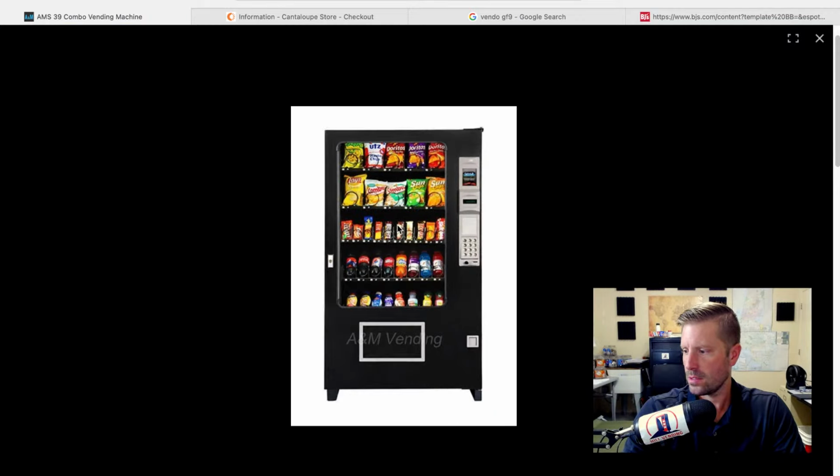It comes with 5 trays. So the first thing you're going to want to do is get 6 trays, because it can hold 6 trays. And if you can hold 6 trays, why would you not have 6 trays? So you're going to pay the extra, whatever it is, hundreds of dollars, and